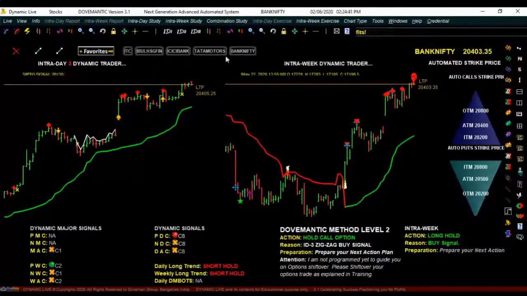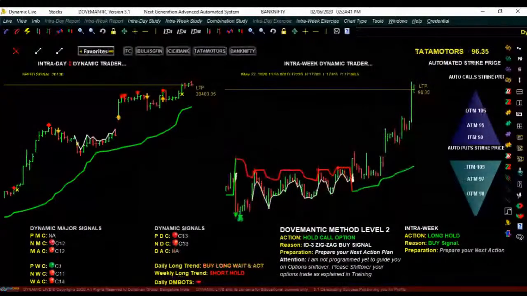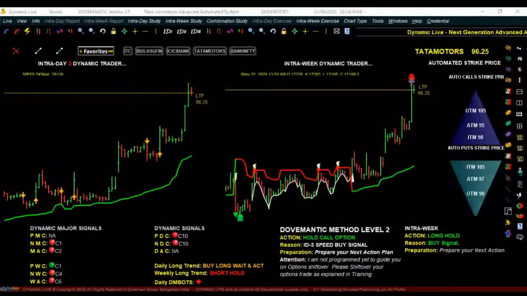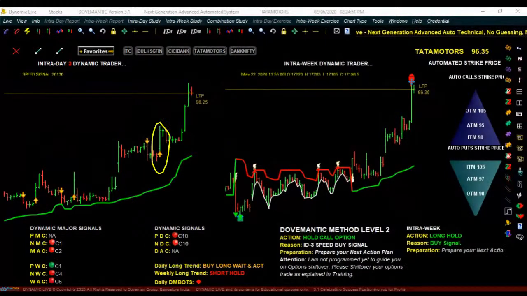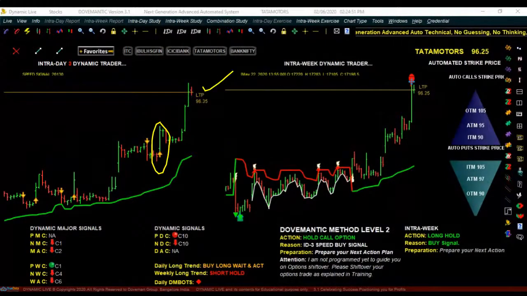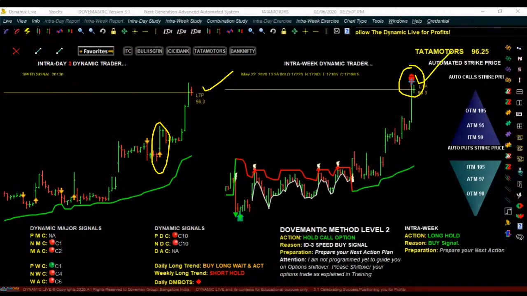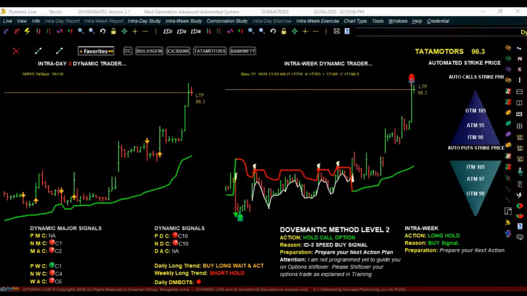In the meantime, Mr. Nitesh has asked for Tata Motors. Let us see what is happening in Tata Motors. We saw Tata Motors, isn't it? Maybe he joined late. Anyways, in Tata Motors, it had told us to buy somewhere at around 92.20, and now it is trading at 96.25. So it is already a 4 points gain. It is literally 28,000 rupees profit in futures, but you have bought it in the call option. Now there is a dynamic system caution on top. It means secure your profits immediately. Got it? So this is about Tata Motors.